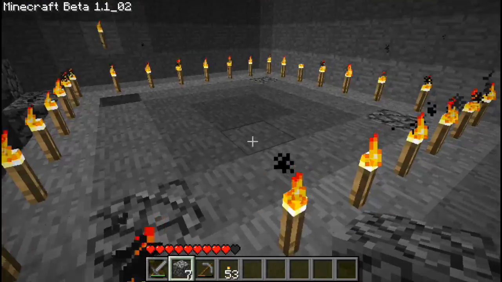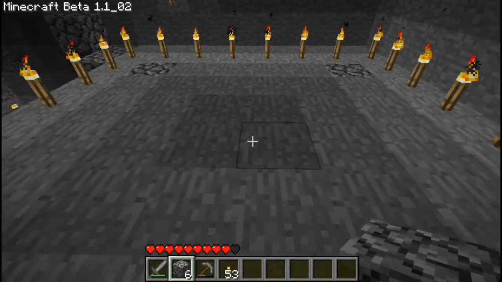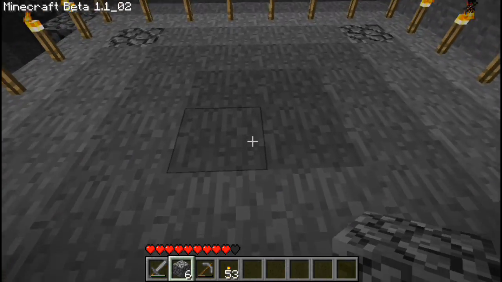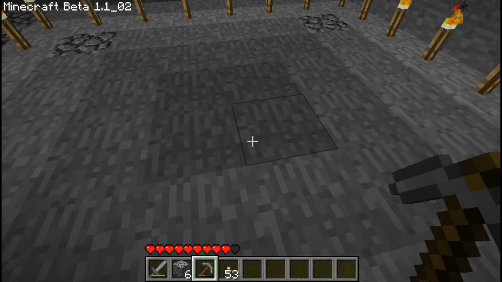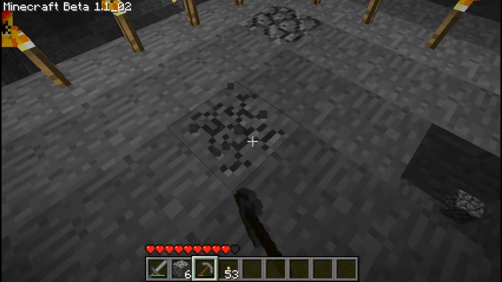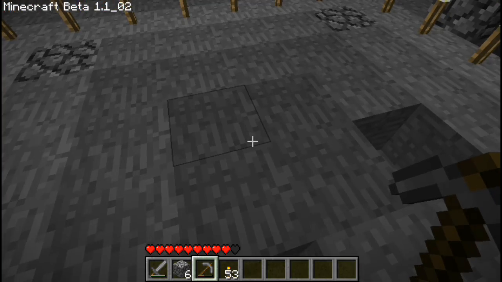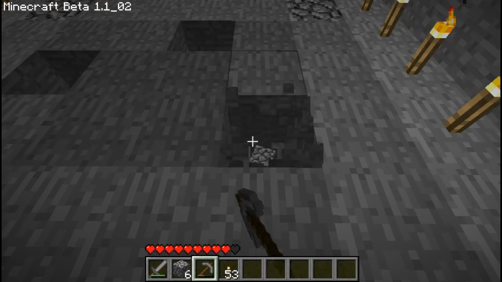Now, which way did I say was up? This way is up. All right, let me just seal that up so I don't get confused. Okay, so now we've got our 4 corners. Now we've got 4 more digs to do, and let me just mark them. Here, here,